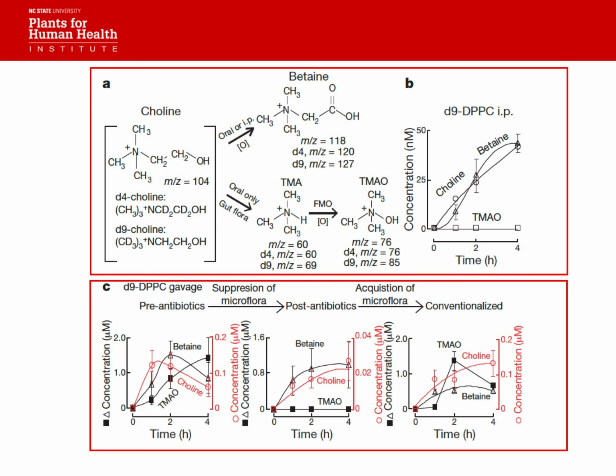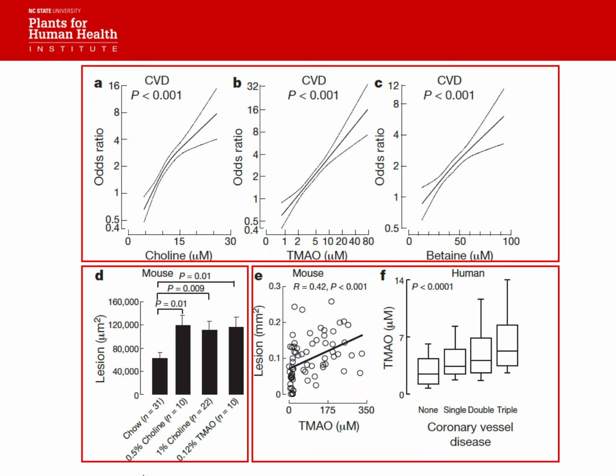Okay? So through these two experiments, they were able to show these metabolites that are associated with this higher risk of cardiovascular disease, they are dependent on the microbiome. Okay? You can only get them if you administer them orally, and antibiotics take them away. Okay? So the next thing they did is they looked at these metabolites, and they just looked at the odds ratio. If your concentration, and this is in a cohort of about 1,800 humans, what is the relationship between increasing concentration of these compounds and the odds ratio of incident cardiovascular disease?